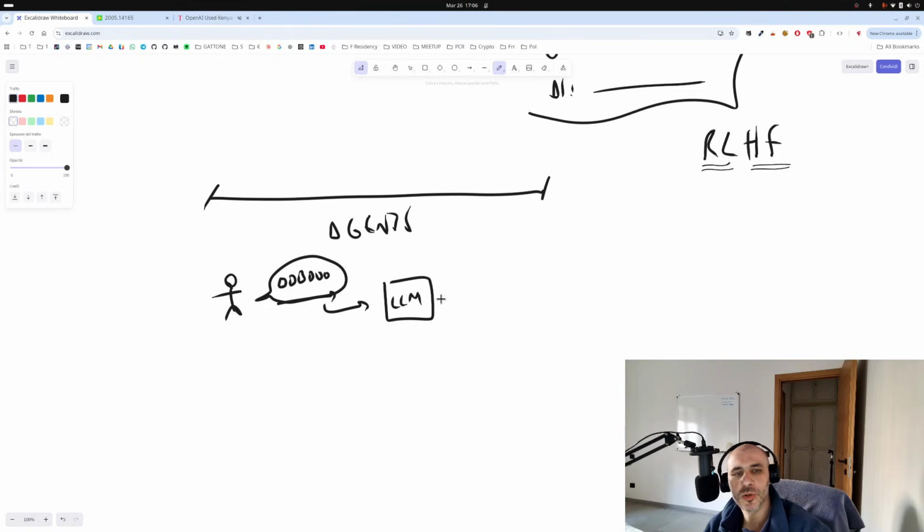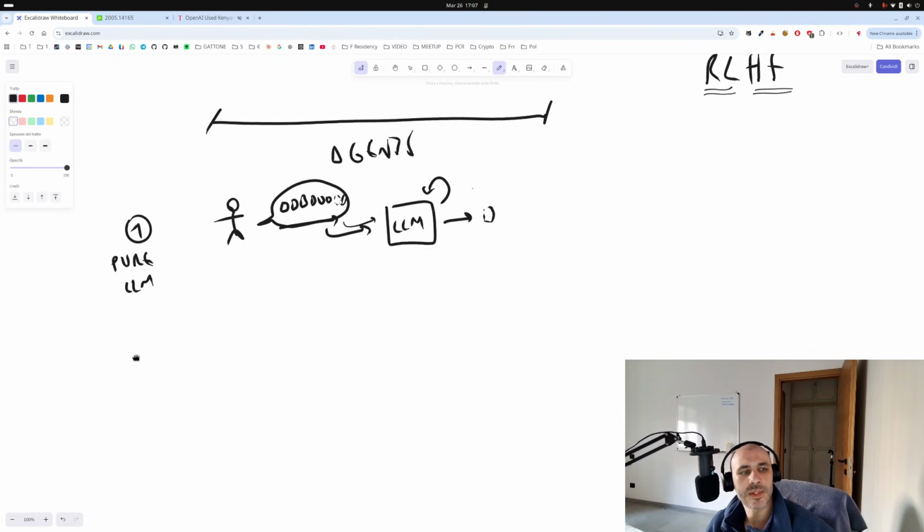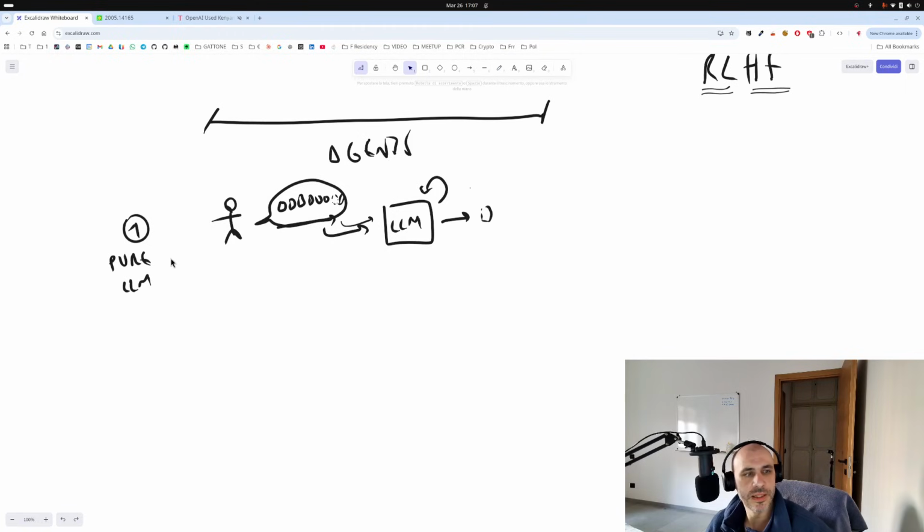The context goes into the language model. The language model produces a token. This token gets added to the initial input, and this goes into a loop. Another token fed into the model, another token, until the model reply is produced. So it's just talking with the model. This is pure LLM usage.